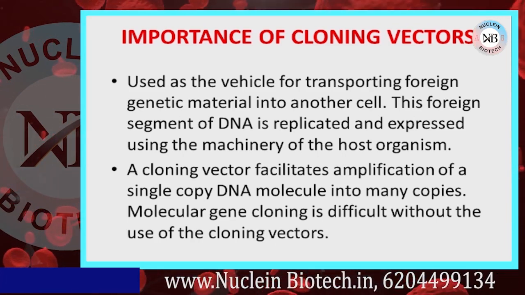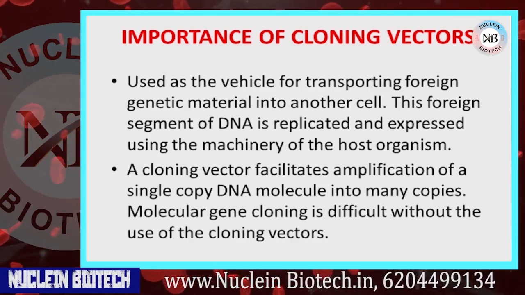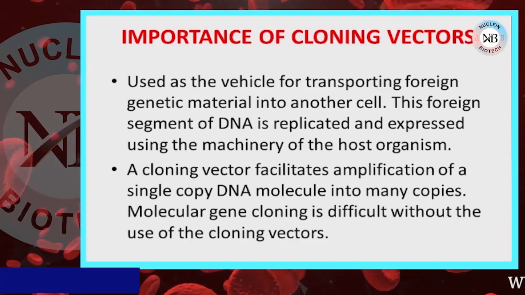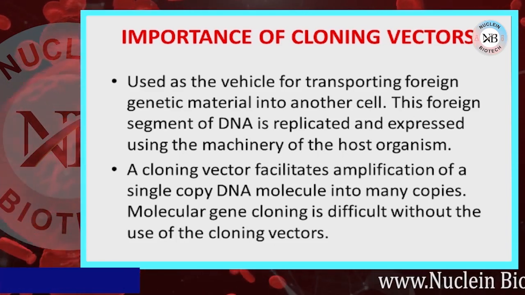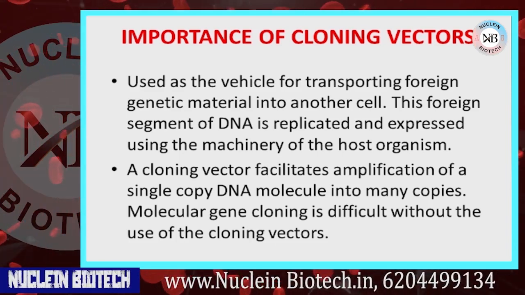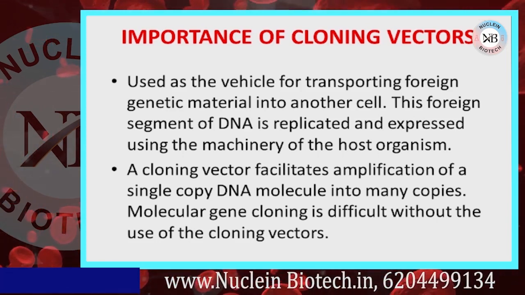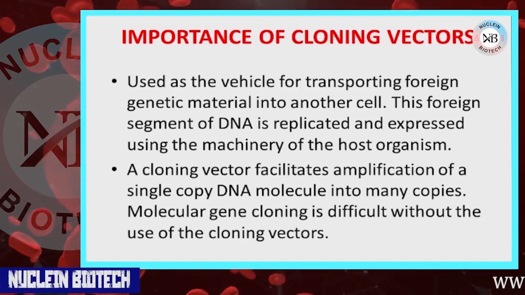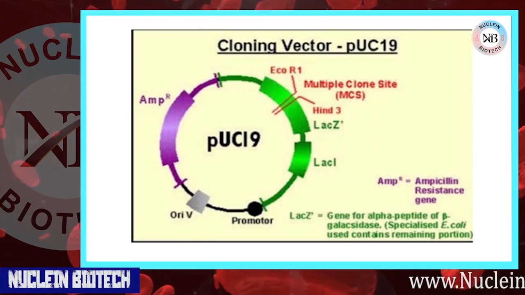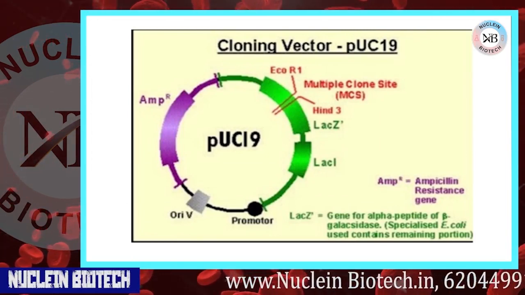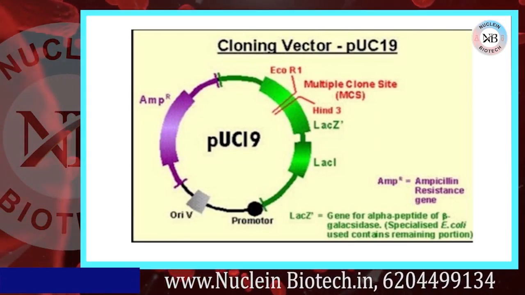Now next is the marker or reporter genes. It permits the screening of successful clones or recombinant cells. It is utilized extensively in blue-white selection. Now last is the inability to transfer by conjugation. Vectors must not enable recombinant DNA to escape to the natural population of bacterial cells. Now here are some examples of cloning vectors like plasmid, phagemid, M13, BAC, YAC, MAC, expression vectors, etc.